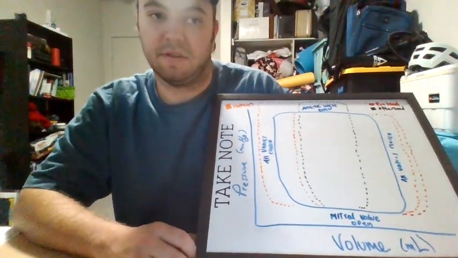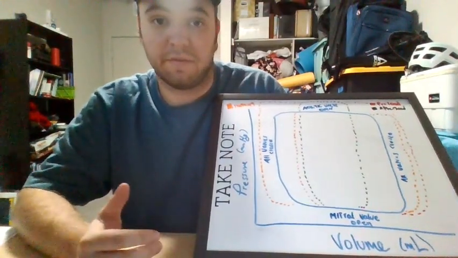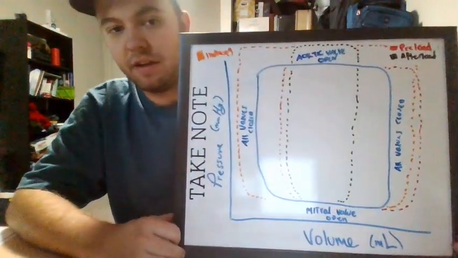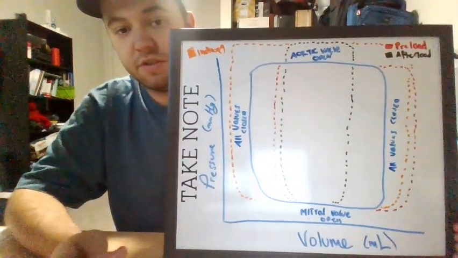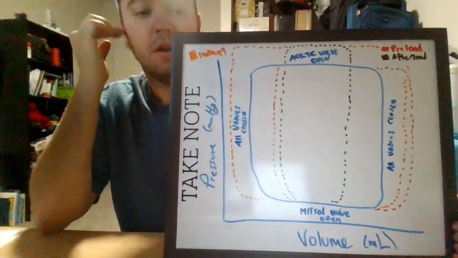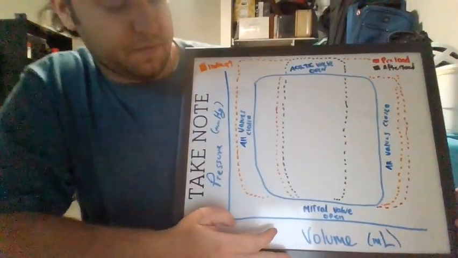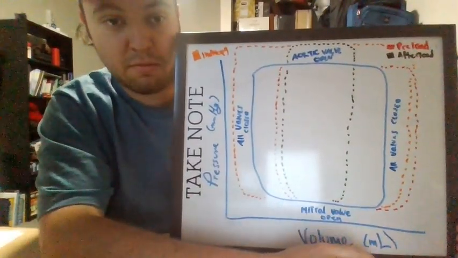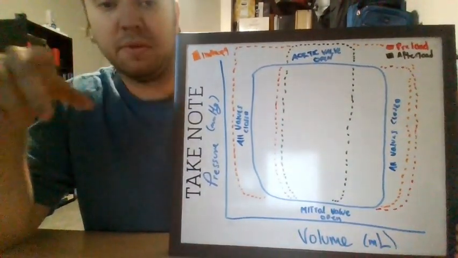Alrighty, everybody. So let's start by understanding the pressure volume loop of the left ventricle during a single cardiac cycle. On this graph, the x-axis is volume in milliliters, and the y-axis is pressure in millimeters of mercury. Now we're going to focus on the blue. In the blue, starting at the bottom right, is when the mitral valve opens and the ventricle